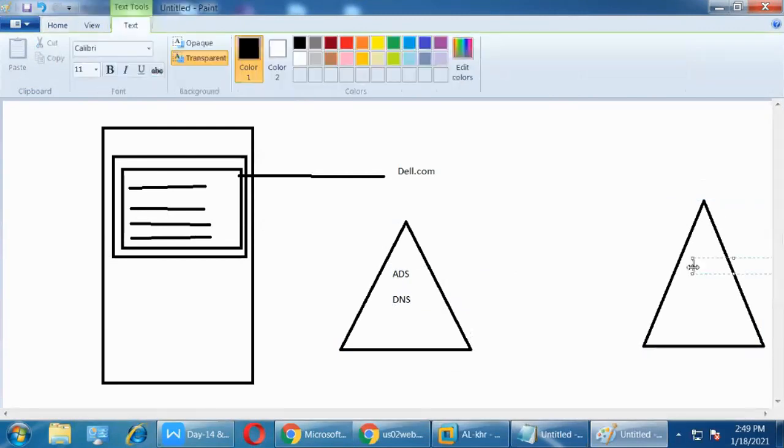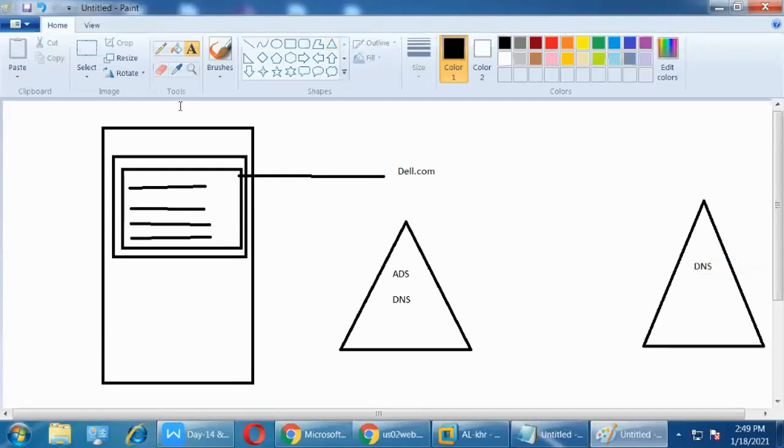In the other scenario I install DNS only. If I create a primary zone here, that zone is called an Active Directory integrated zone.